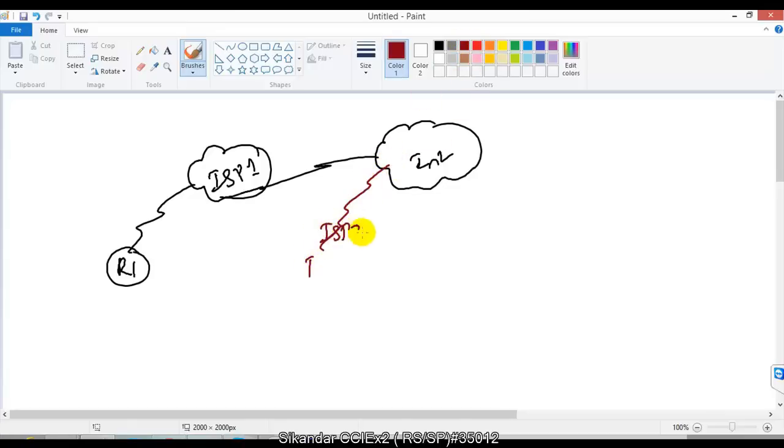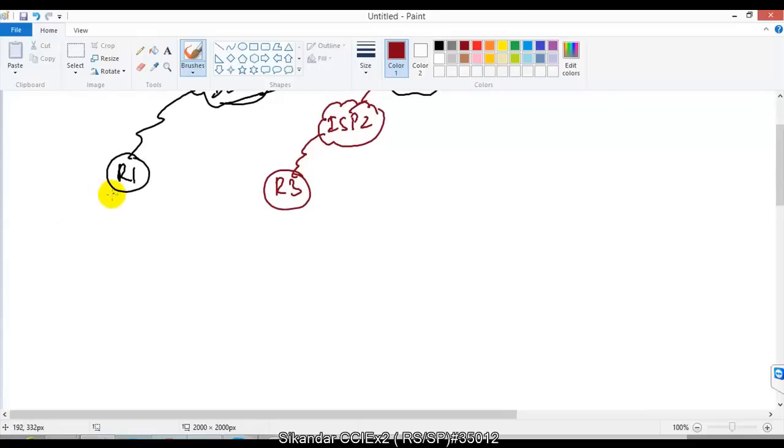Instead of connecting these two connections on the same router, because if that router fails it's a single point of failure, since the default routes are configured on the router. If the router is down, all your users will not be able to access the internet. To overcome this, we are going to take the second line from a different service provider. Don't go with the same service provider; preferably go with another one. It connects to some other router, maybe router 3, so two different routers, and these two routers connect to my LAN, to the switch, on two different ports.